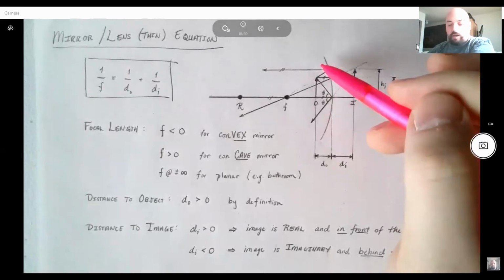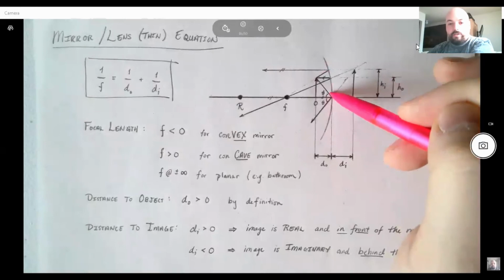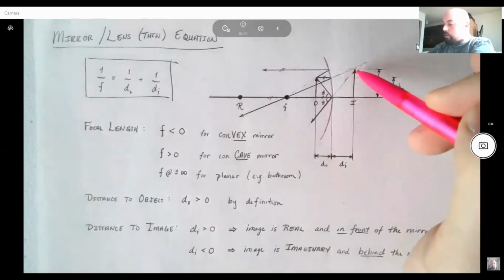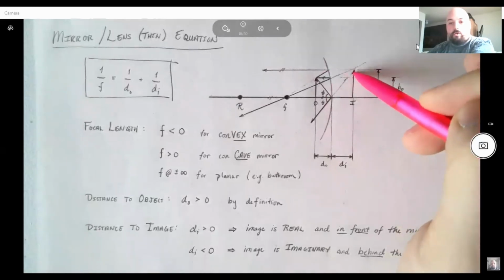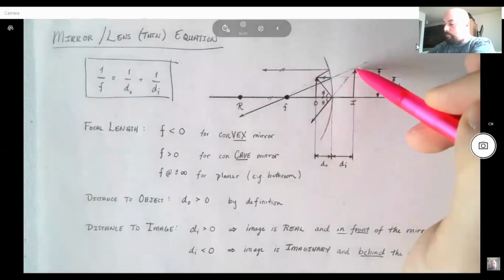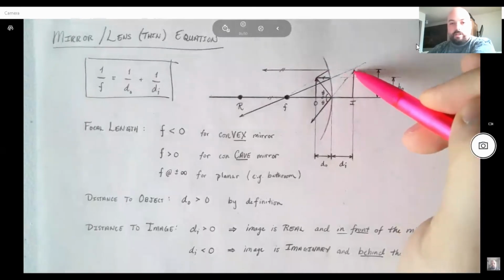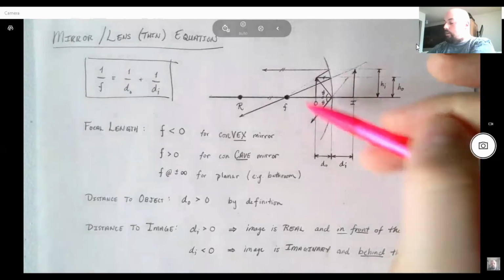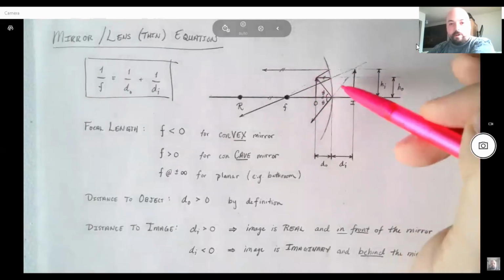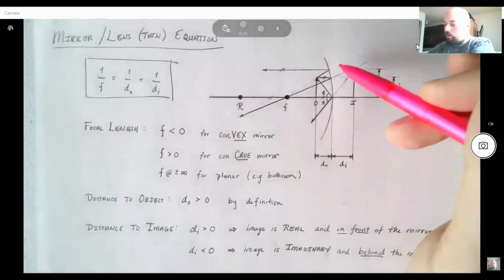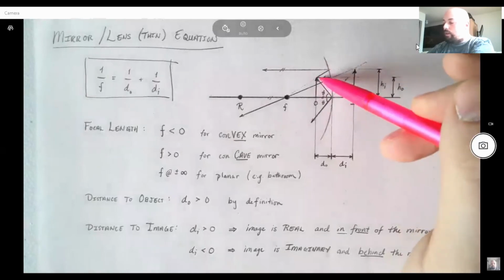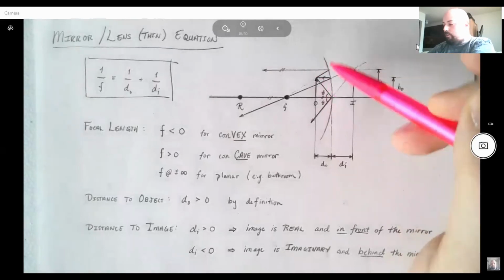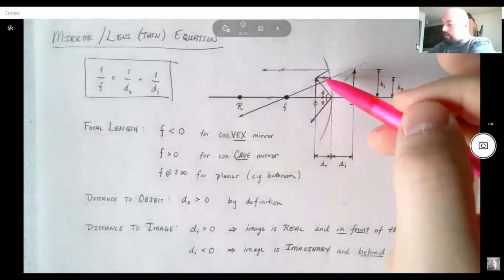Typically, you only need 2 rays in order to determine where the image is formed and the height of that image itself. Here, just for completeness, I did all 3. You can always do more if you want to, but these are the easiest of the infinite amount of rays that you can draw